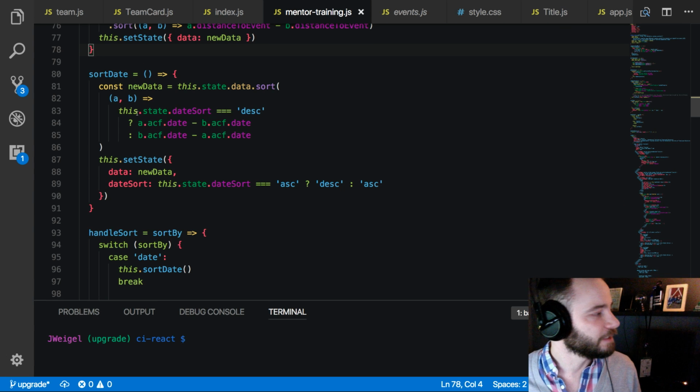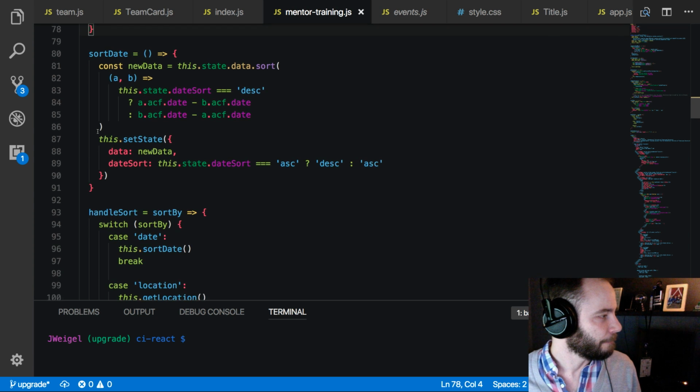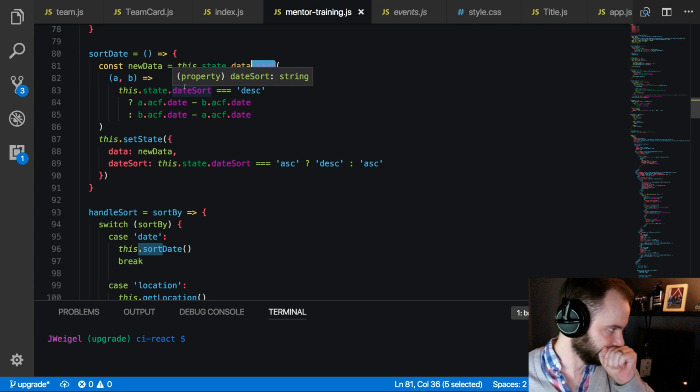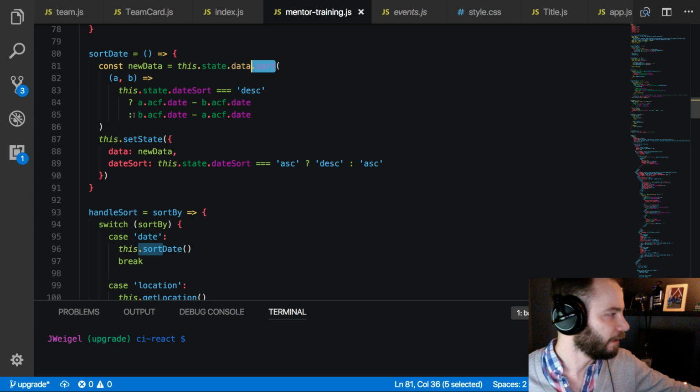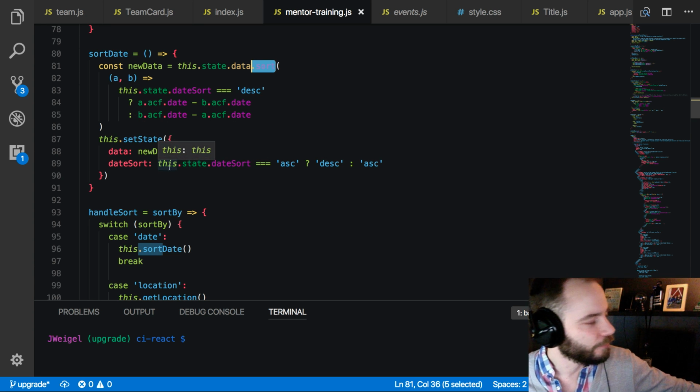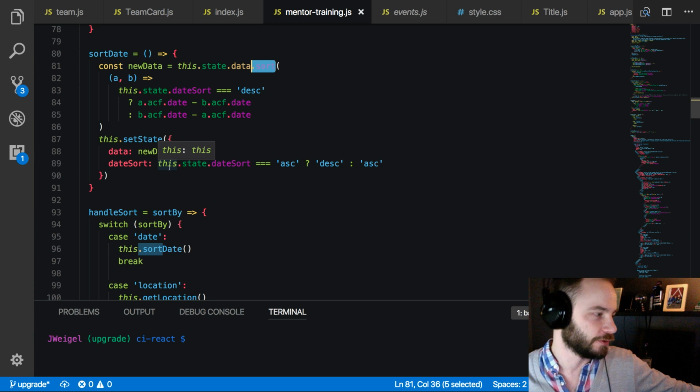All right, we're doing a similar thing with a date, right? So we're sorting by date. You can see the same thing. We have a sort. Where are we doing the date sort? Oh, here we are. So we have a sort here, and this date sort. Okay, so we're actually able to do ascending and descending with a date, and we store that